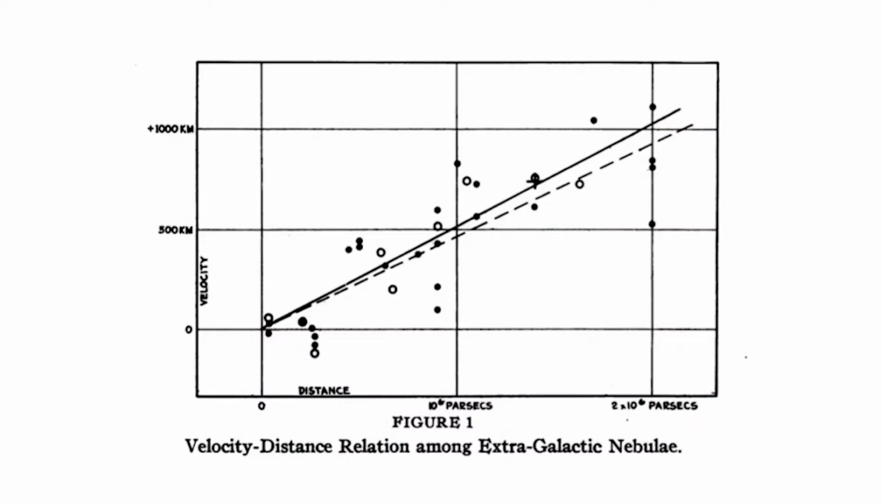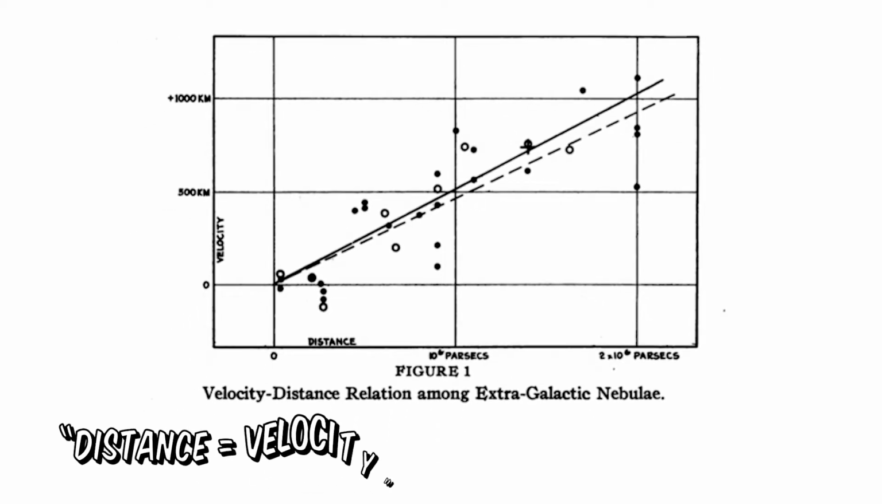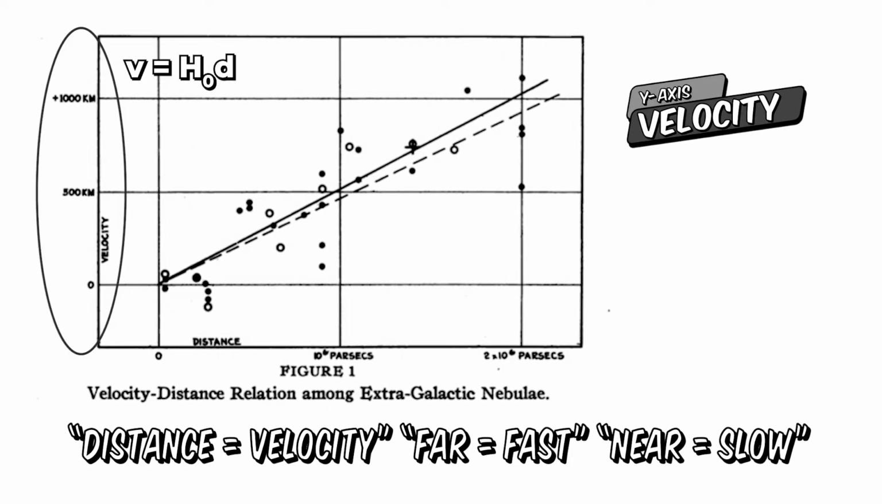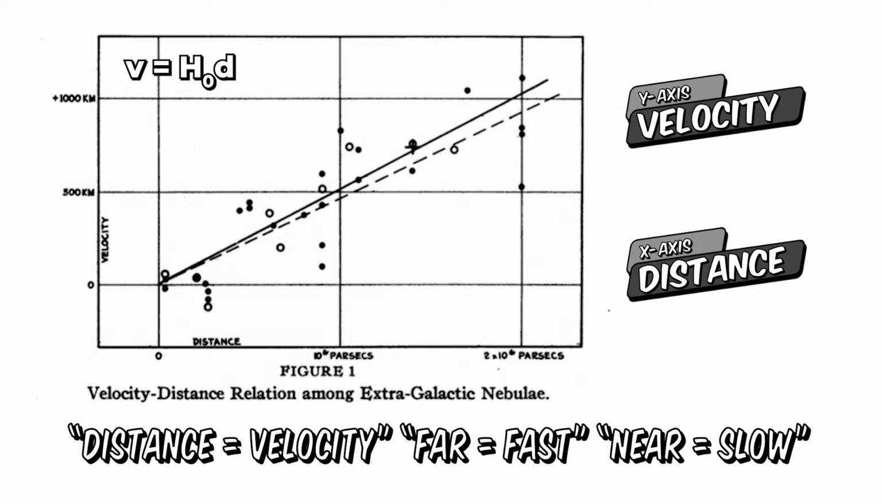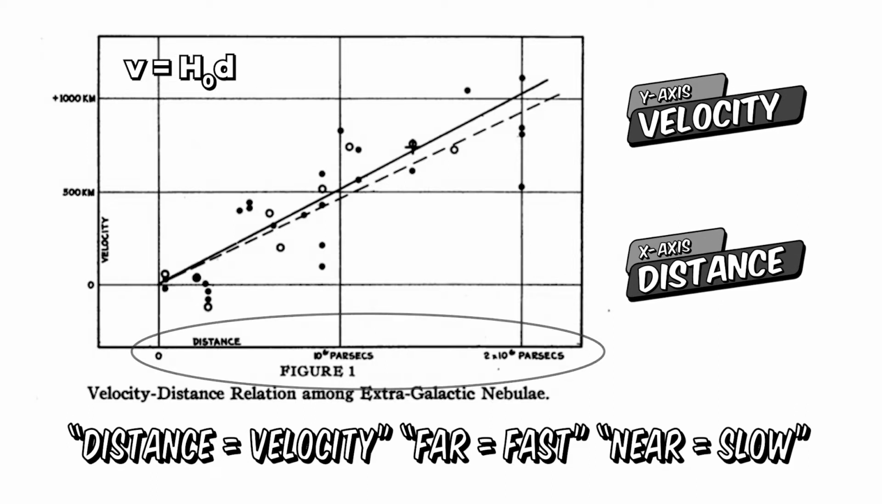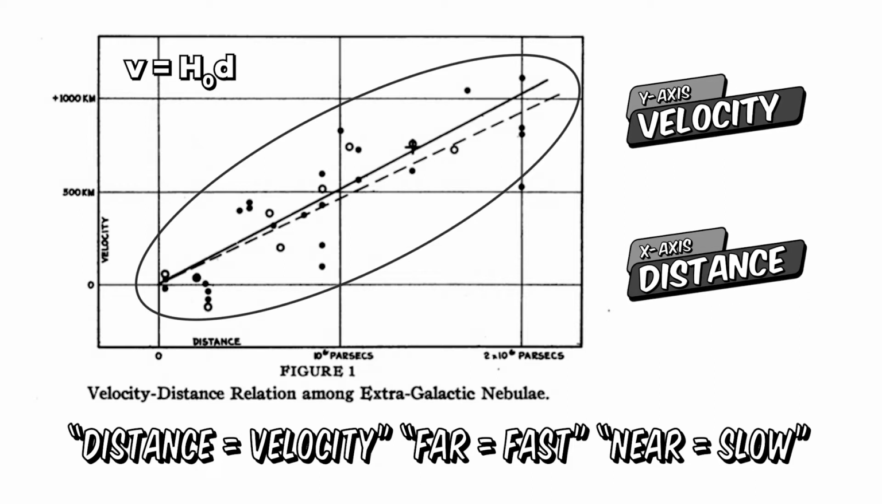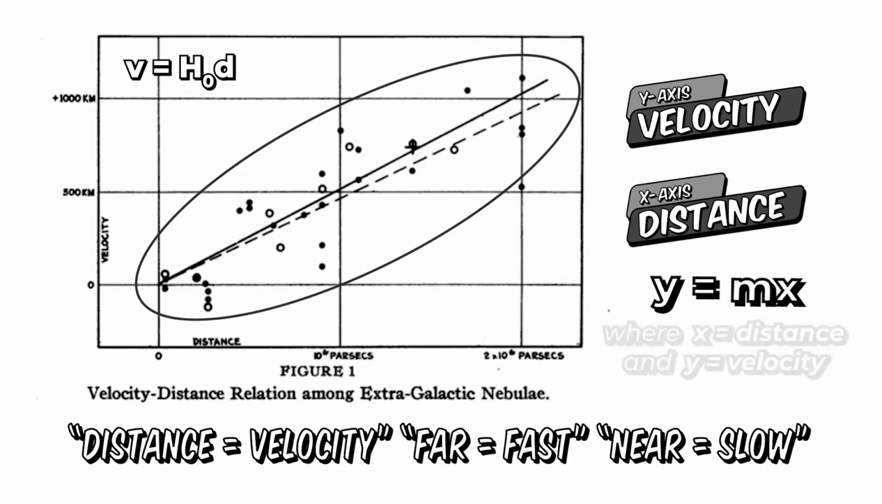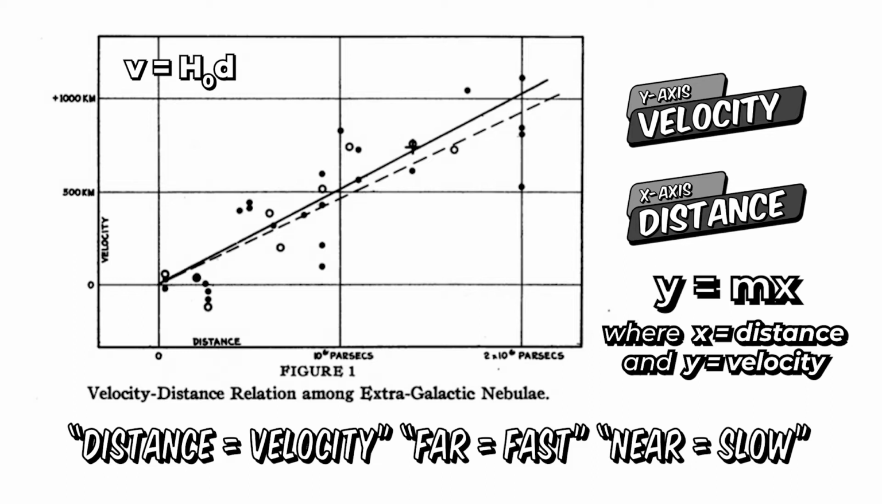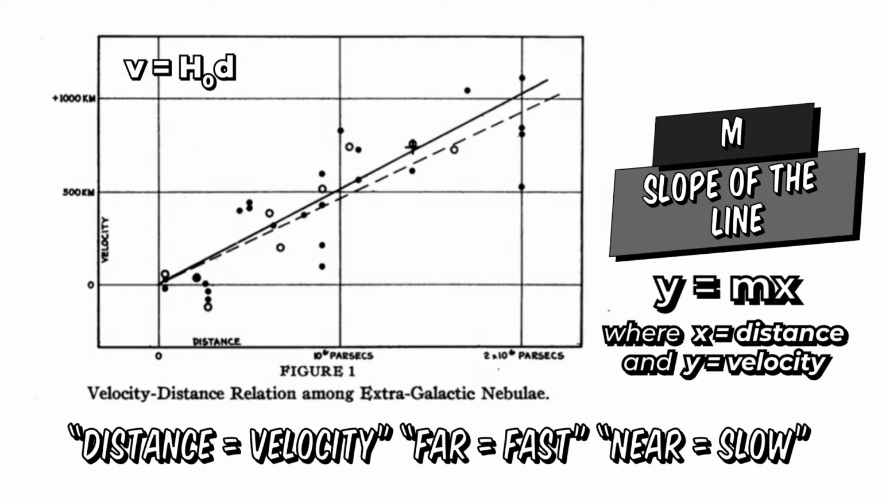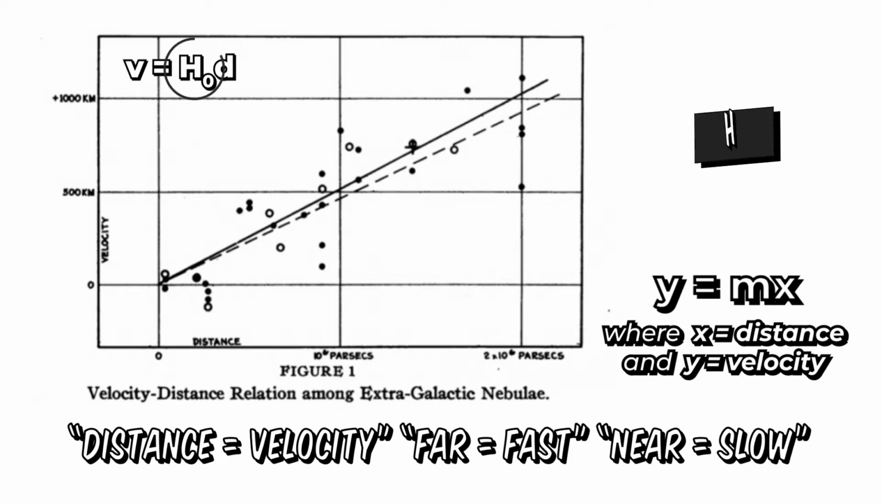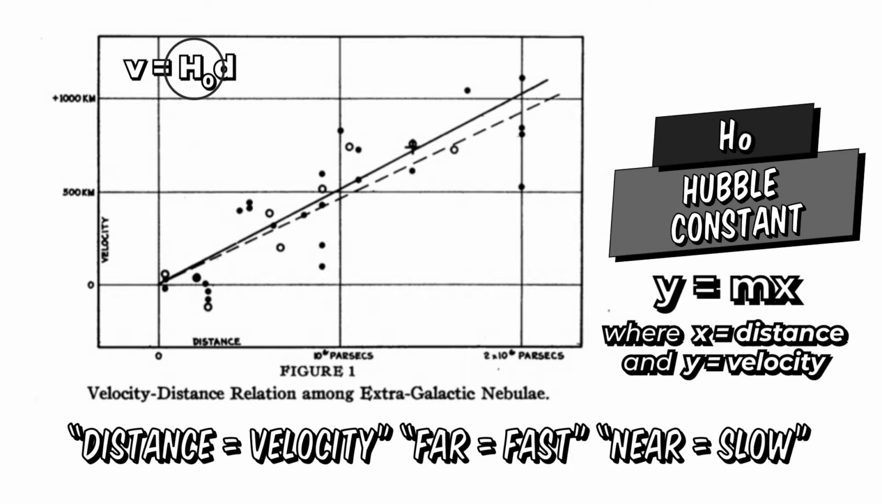Milky Way. On the y-axis is the velocity of the galaxy obtained from the spectrum, and on the x-axis, the distance to that galaxy. Flashback to our math classes, the equation for a line that passes through the point 0,0 is y = mx. M is the slope of the line. H sub 0, the Hubble constant, is the slope of the line that relates the distance of a galaxy to